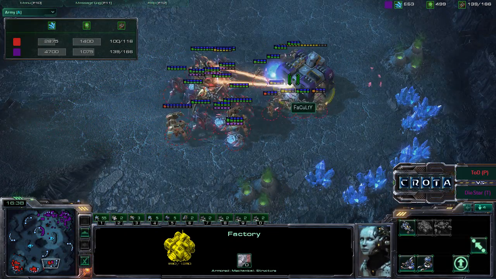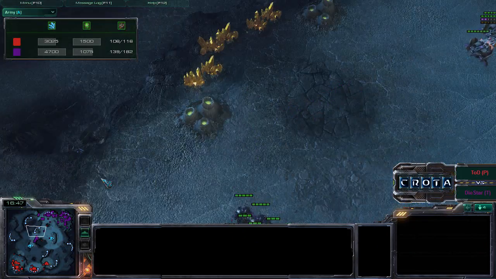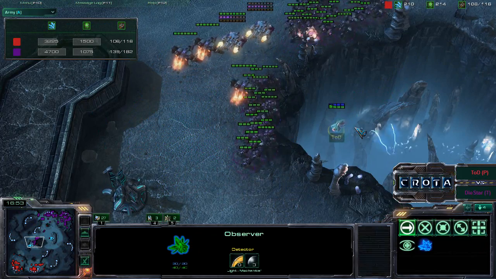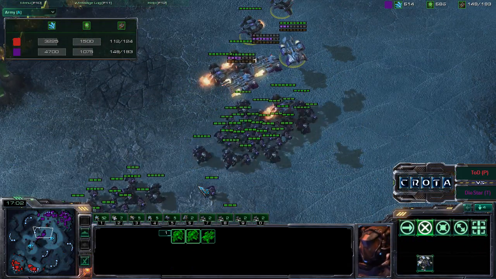One factory will get taken down with relative ease. Stalkers are going to start destroying it as well. The factory lifted up into the air, but destroyed before it can do anything. Marines and Marauders with some medevacs and Vikings once again on the move. There is one observer. The observer does keep track of this army here, as the Vikings and medevacs try to